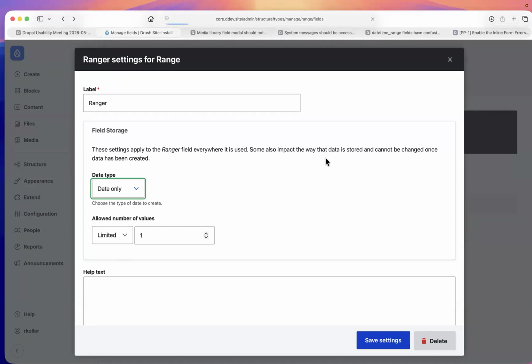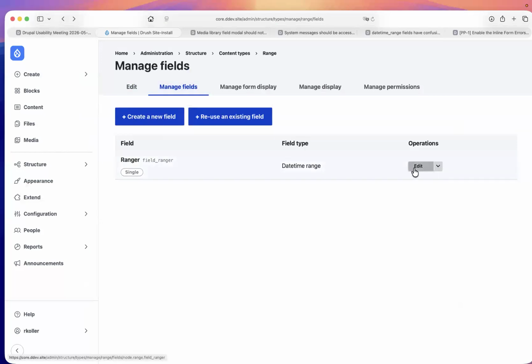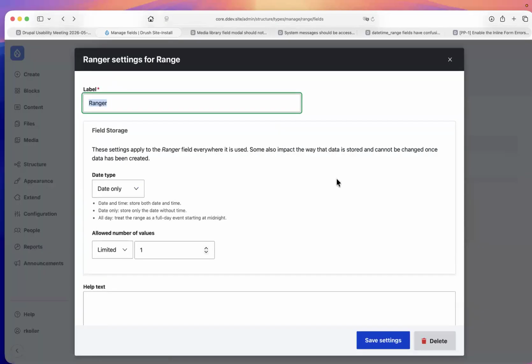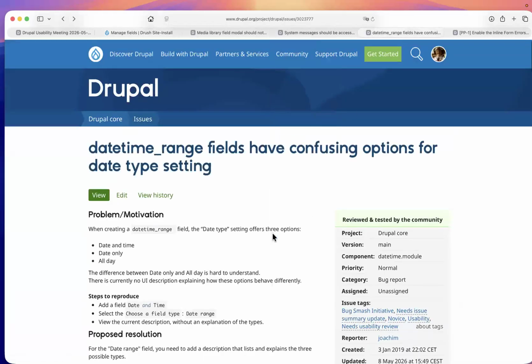And if we reload the page, go into edit again, basically the descriptions got extended. Now you have date and time, store both date and time, then date only, store only the date without time, and all day, treat the range as a full day event starting at midnight. And it has to be noted that basically